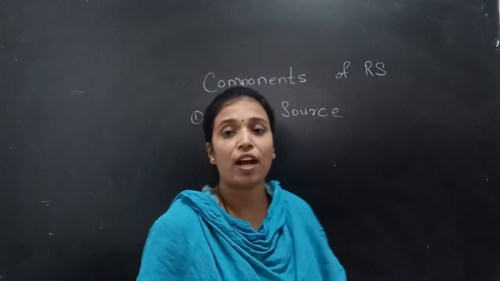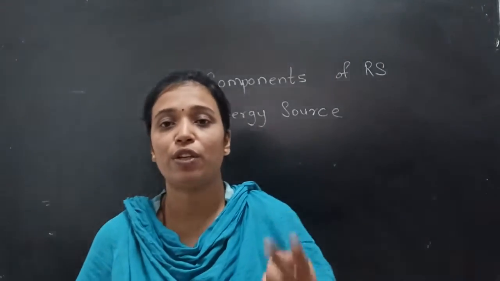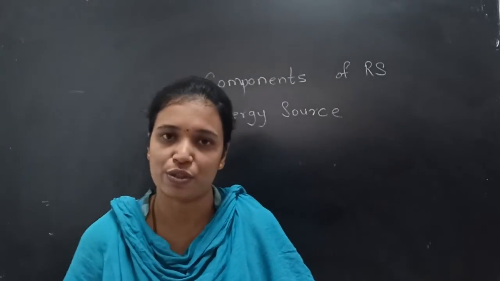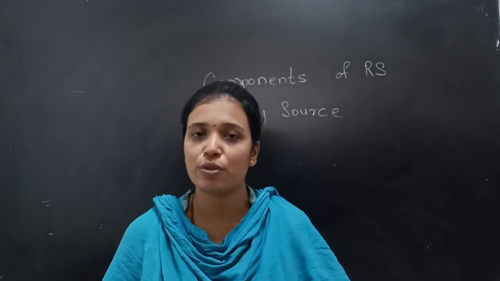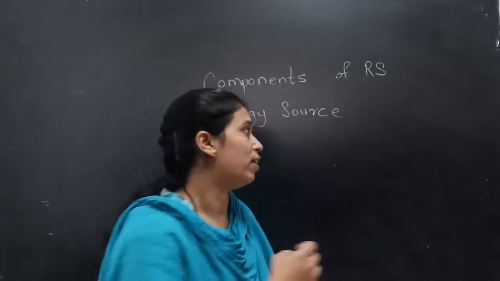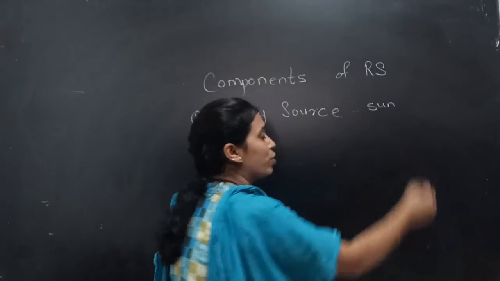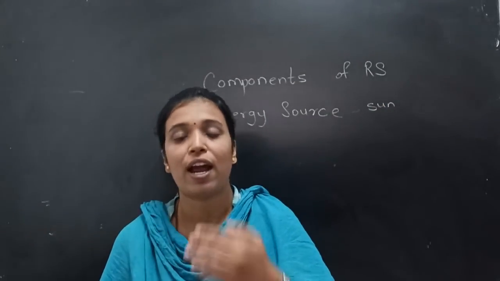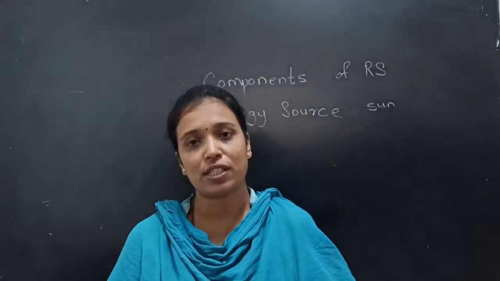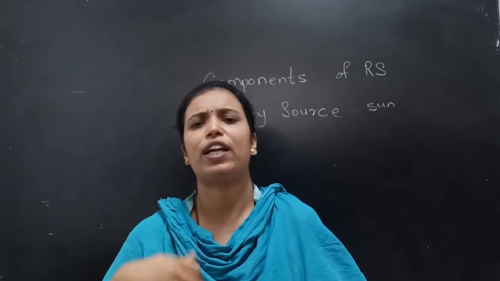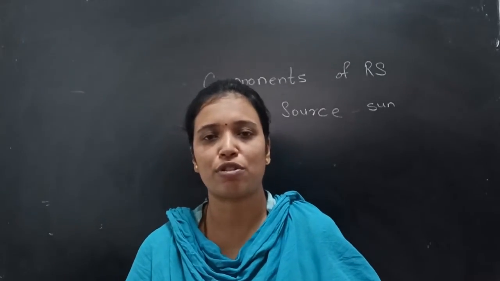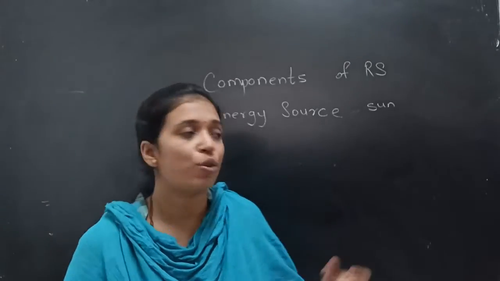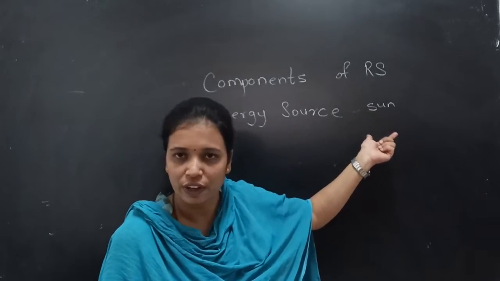Here there are two types of energy sources which we can use in remote sensing. First one is the natural source and second is artificial source. The natural source which we are using in remote sensing is the sun. Sun is the natural source. It gives its own light to the object which reaches to the earth, and then the object captures the light and it is again reflected, or whatever interactions take place in the atmosphere, and the satellite or the sensors capture that particular image. So sun is the natural source of energy.